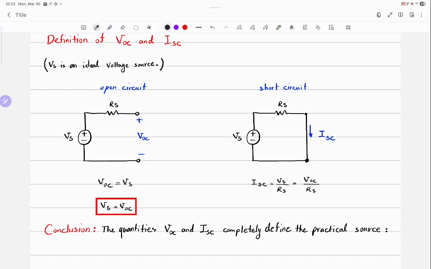Okay, now I get what you mean. So what you're saying is that Vs minus Rs I is the voltage across the terminals, right? The thing is, if I is 0, I would call that VOC. Otherwise, I wouldn't call it VOC. I would just call it V terminal. So, if I is 0, the voltage across the terminals of the battery is exactly equal to